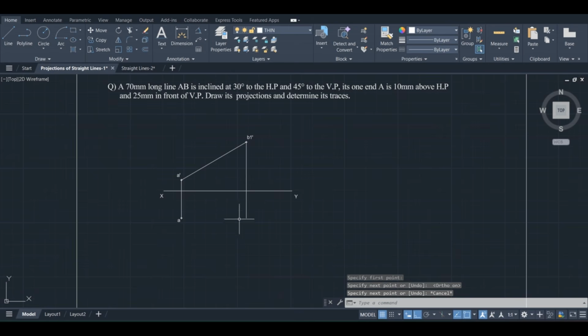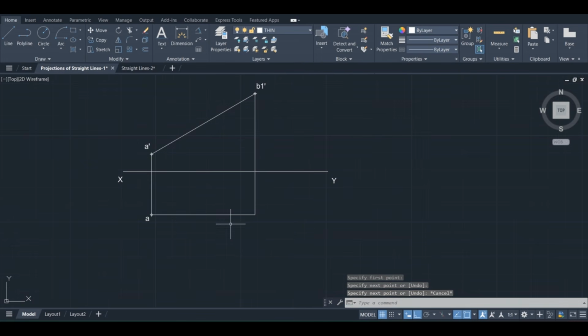Now draw the line from A to this point. Fine. So in the top view, the intermediate position of this line A B1 will come parallel to XY. So this point name comes B1. Copy this, place it here and edit to B1. B1 dash here, its top view B1.